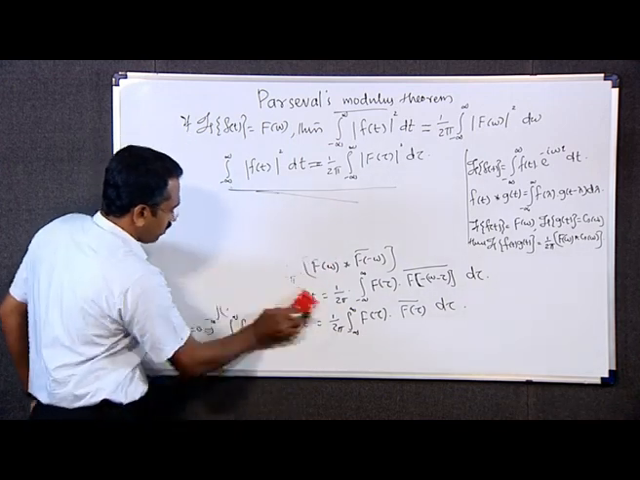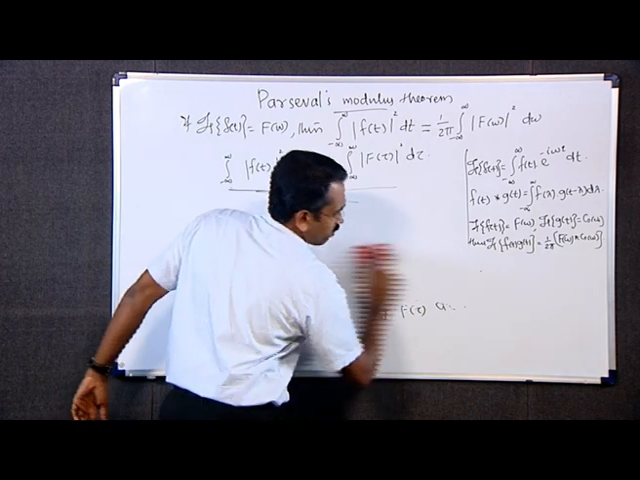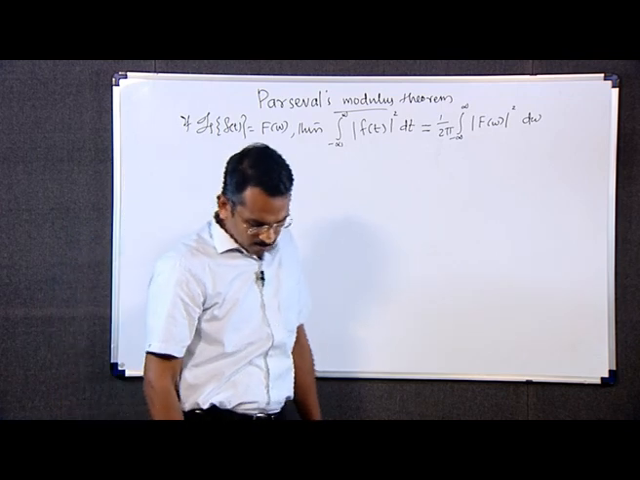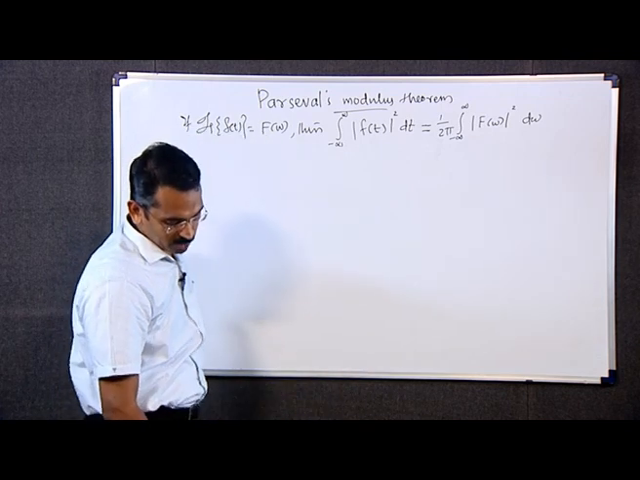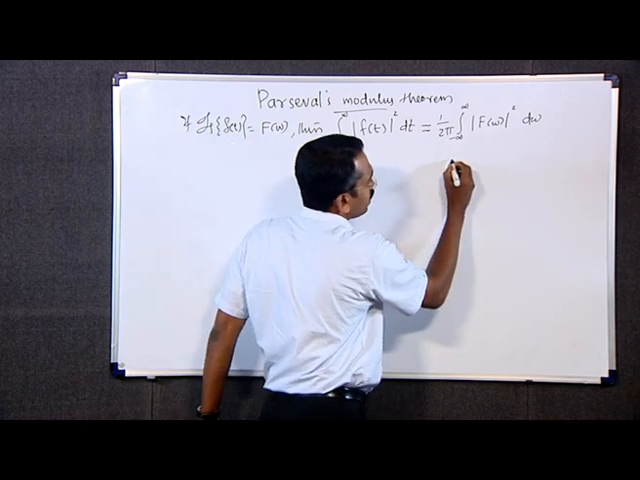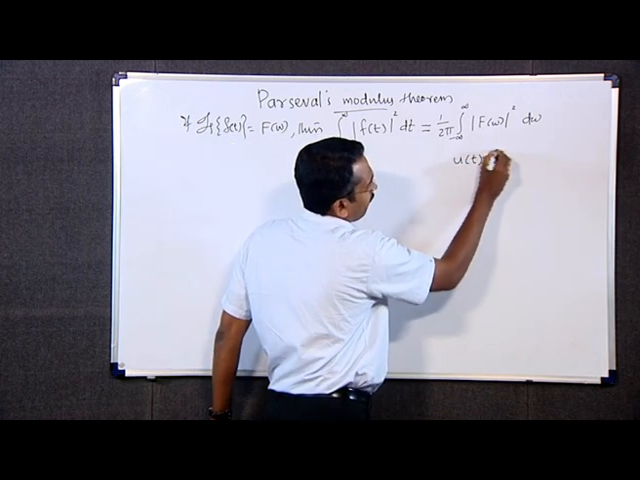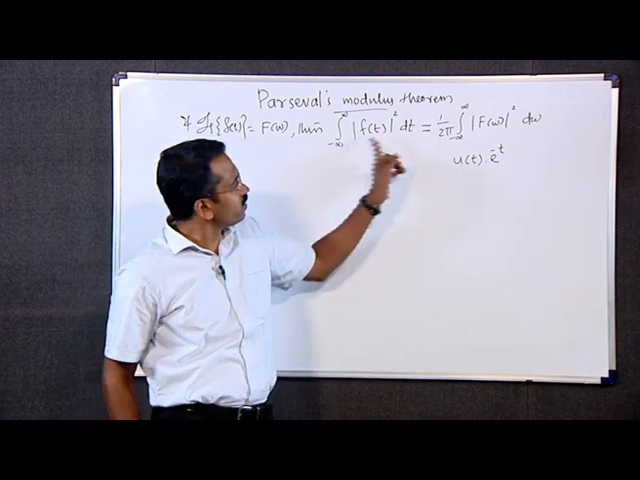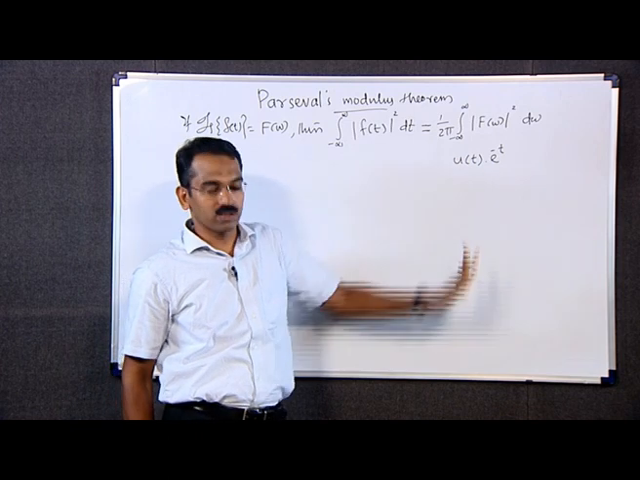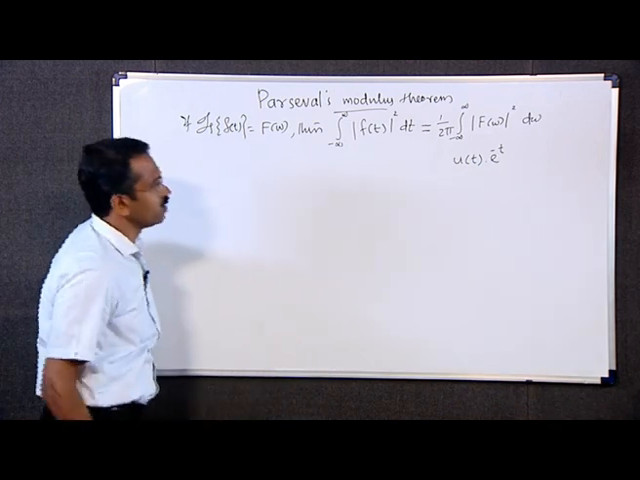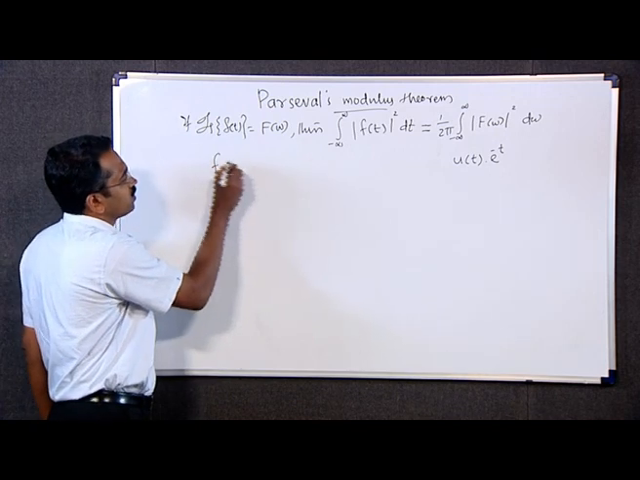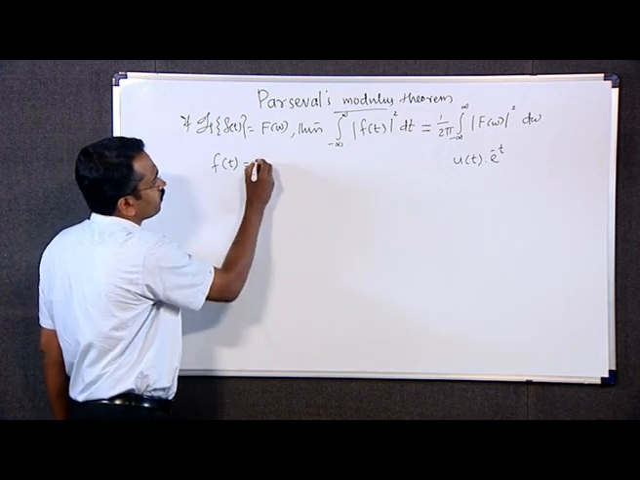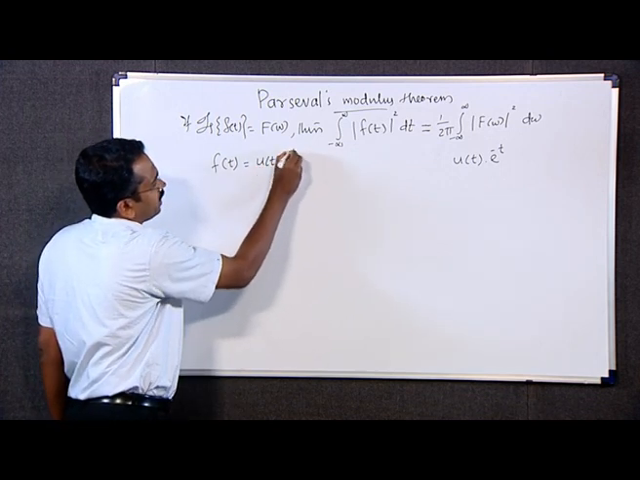Now, we have to work out some example problems. First one is: verify Parseval's theorem for the function u of t into e raised to minus t. This is the given function. We have to verify this identity for this function. First of all, we denote the given function by f of t, that is f of t equal to u of t into e raised to minus t,